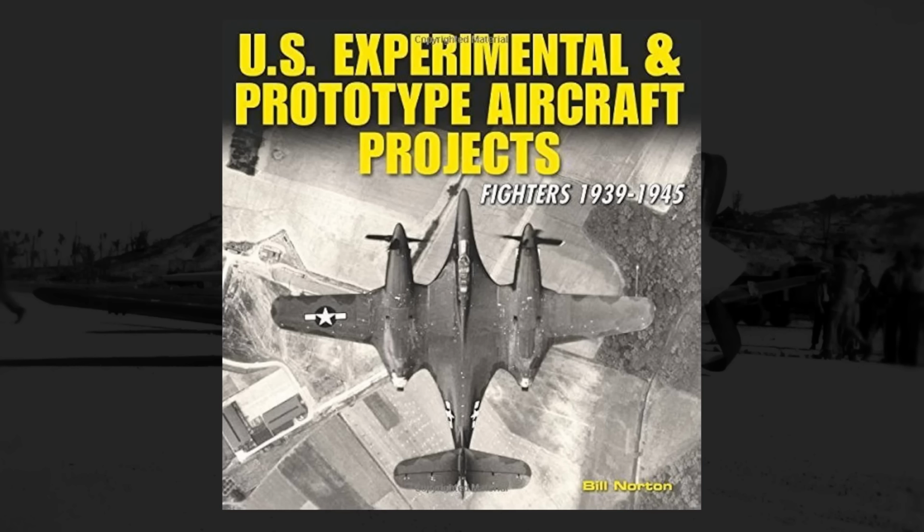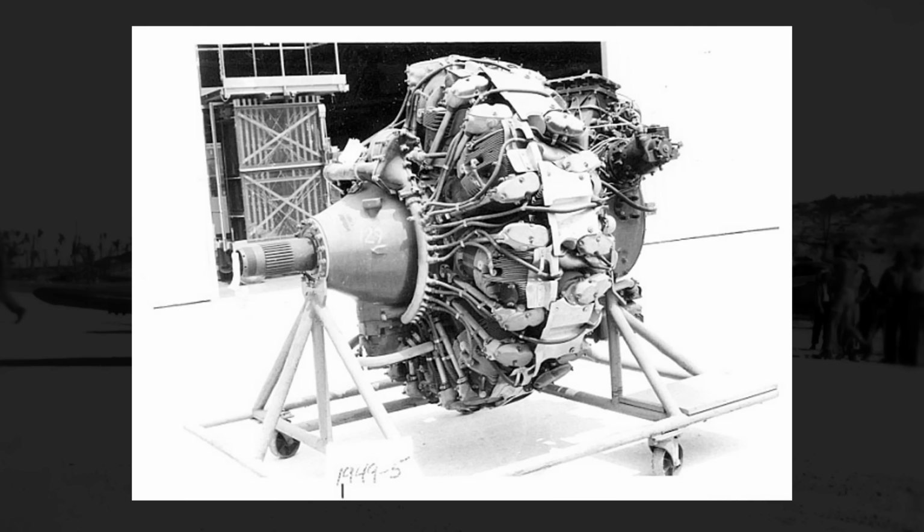I couldn't actually find any corroboration of what Bill Norton says, but what he said is certainly plausible, as the Wright R-3350 engine was a Curtiss-Wright product, and it is very possible, if not likely, that they wanted to show off the power of this engine, and design a single-engine fighter around it. Regardless of who initiated the project proposal, Curtiss would come to the table in late April 1941 with a new